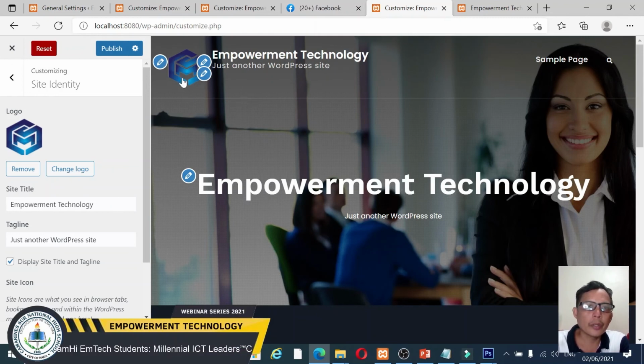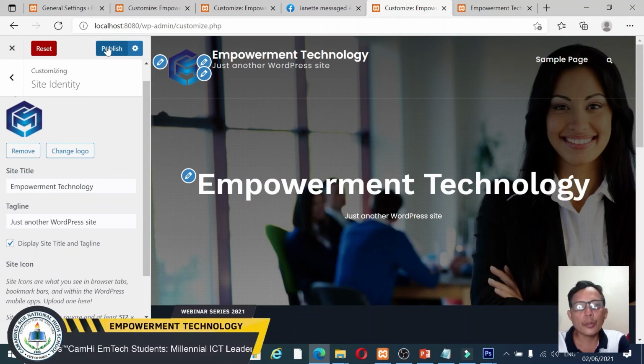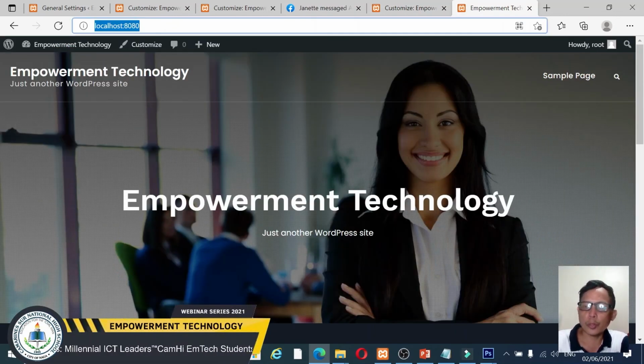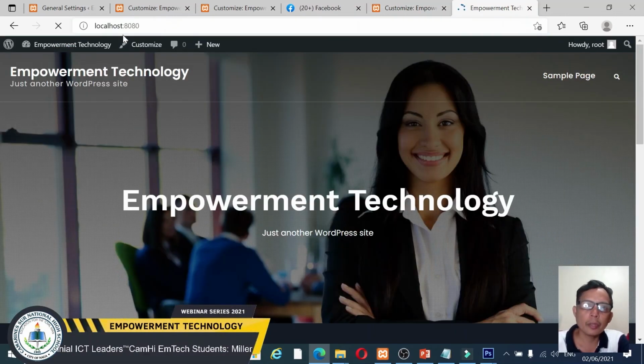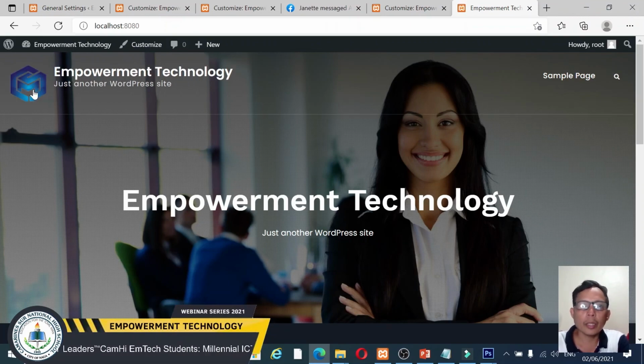Then you select publish to check the updates. Okay, so the logo is now inserted.